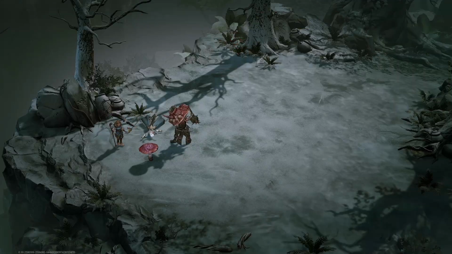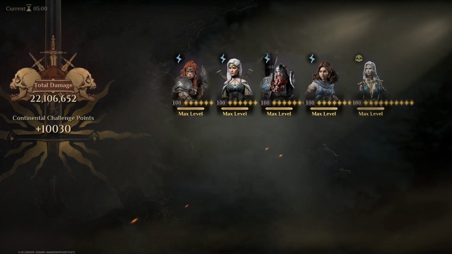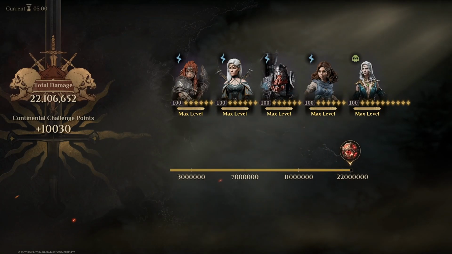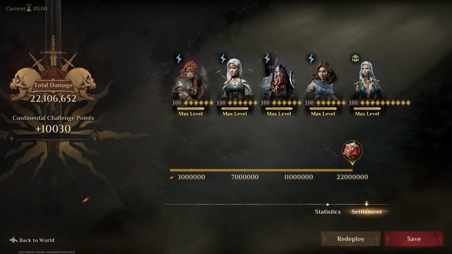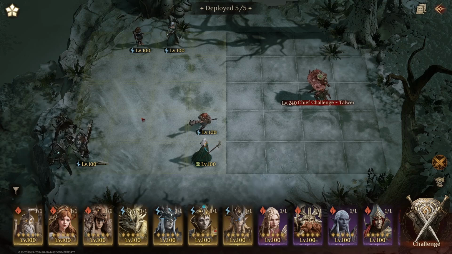There we go, and we time out with just Vani, the last girl, standing, 22 million, using 3 epics, 2 rares, and only 1 legendary artifact, which can be replaced by crown, but you need to deduct about 10 to 15% damage done. So, as a summary,